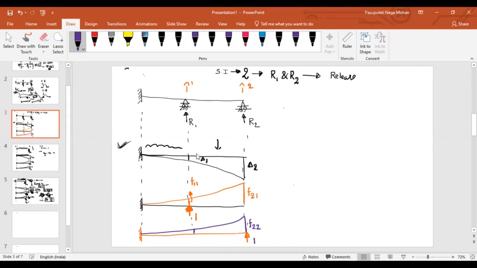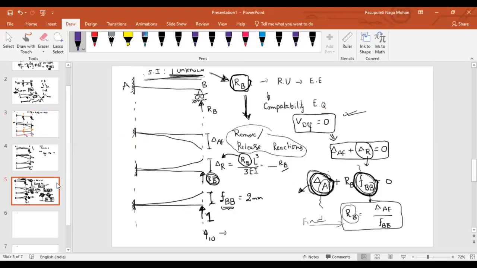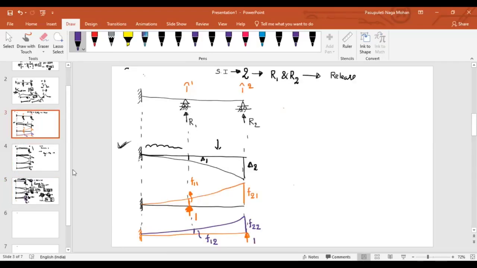What I should call this one? Where I am applying the unit force? 2. Where I am finding the displacement? 1. What I should call? F1,2, sir. Now, what is the difference between this case and the previous case? Size of the matrix. In this case, we are having static indeterminacy 1. As we are having the static indeterminacy 1, we are applying the force here and measuring the displacement at that point only. But if you come to this case, if you apply a force here,